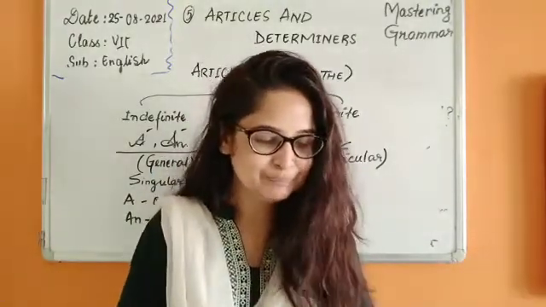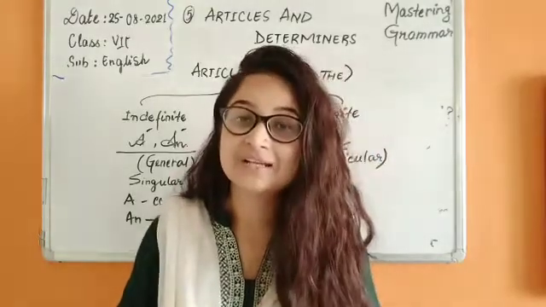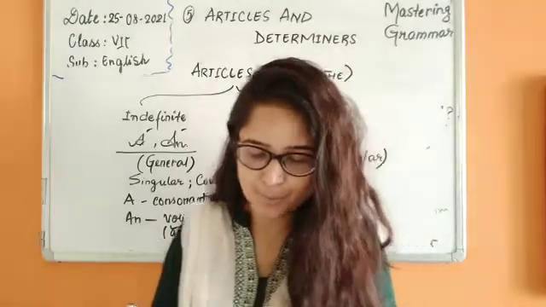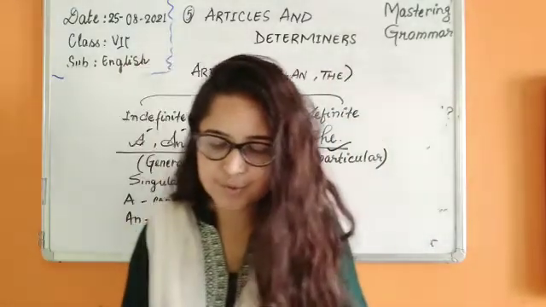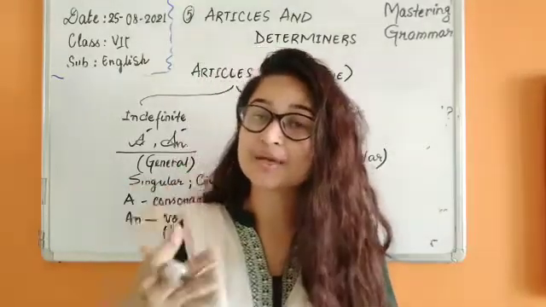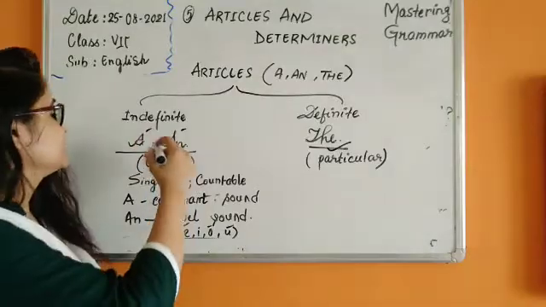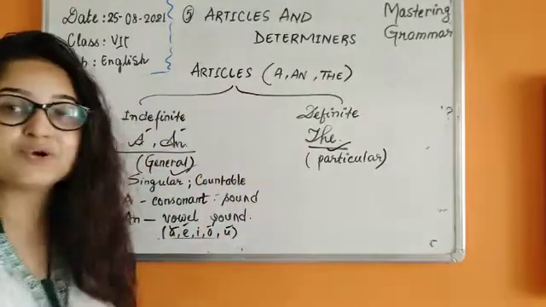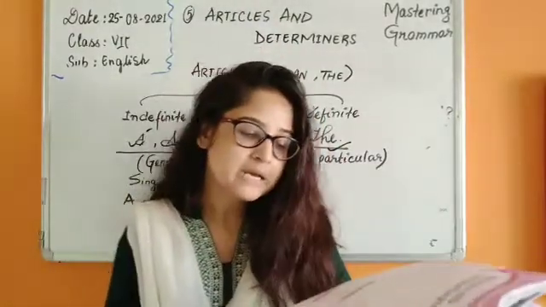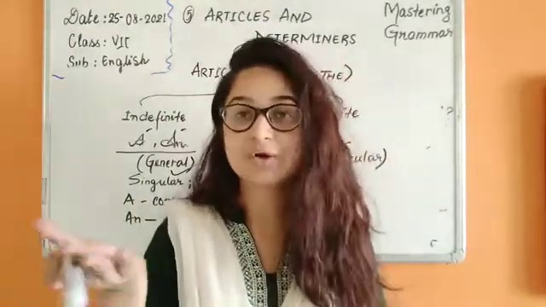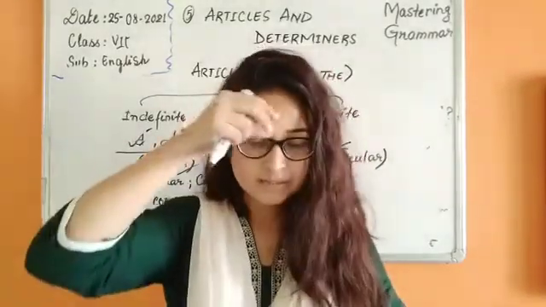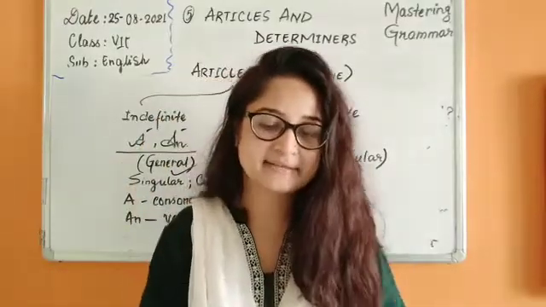So let's see here. Examples for article a: a river, a book, a joke. Article a is also used to show a kind or class of species, like a deer is a gentle animal. We are talking about deer in general form. We are not specifying a particular deer, but talking about all deer. Similarly a nurse, a teacher, because we are not talking about a single teacher, but teachers in general, the whole lot. Yes, a Christian, a nurse, like this.